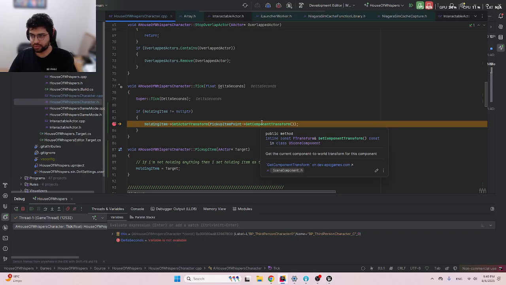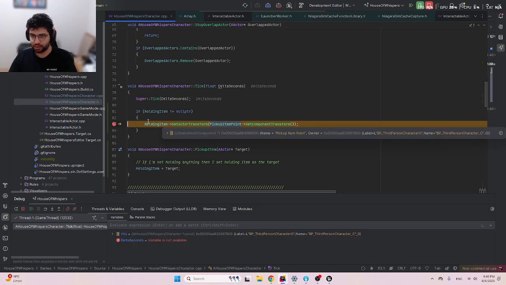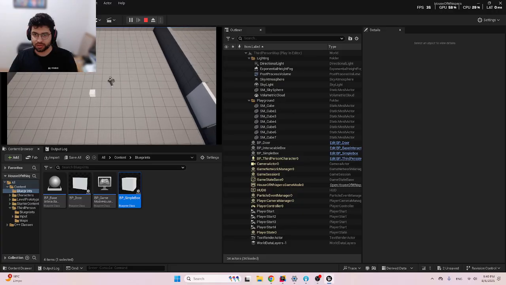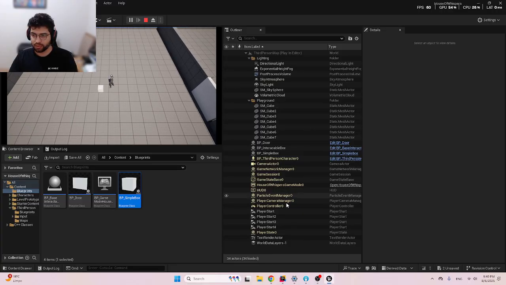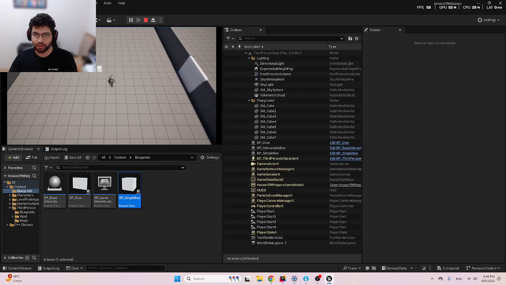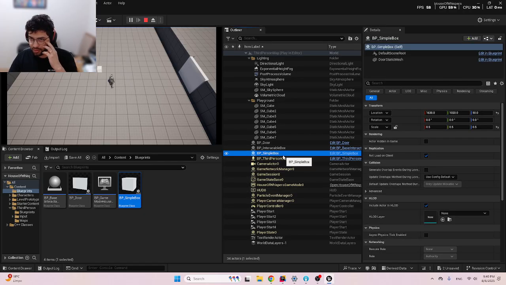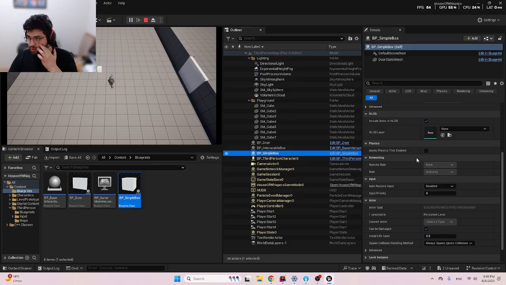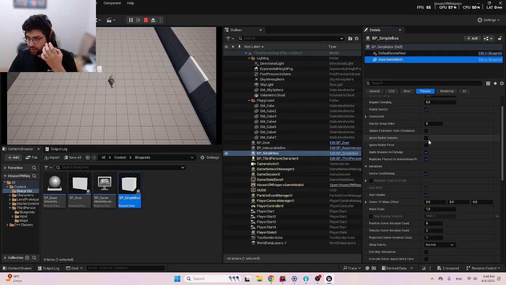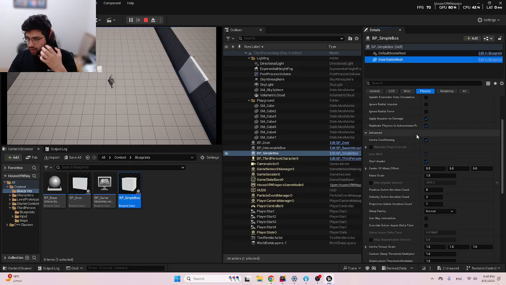I had the reference to my pickup, but the objects simply don't move. Let me see one thing. First, if I find the simple box, let me see if it is simulating physics. So static mesh